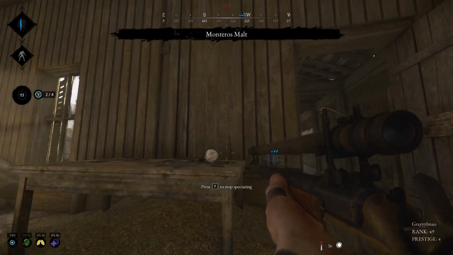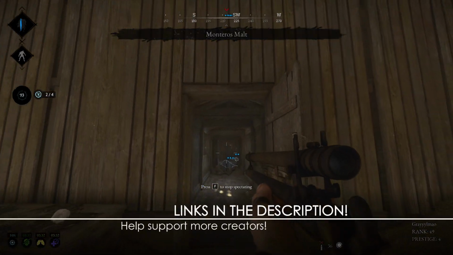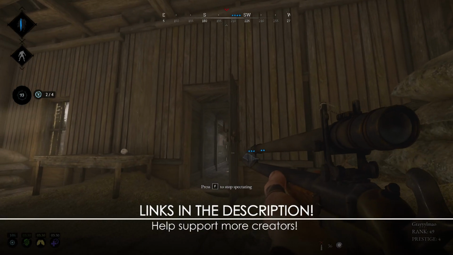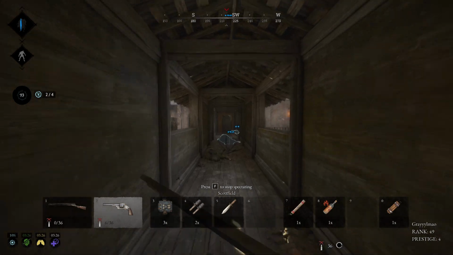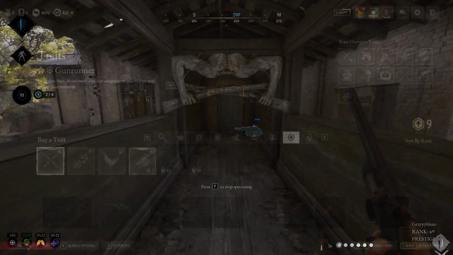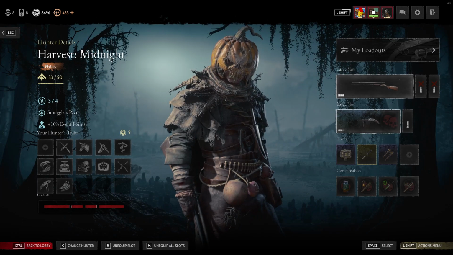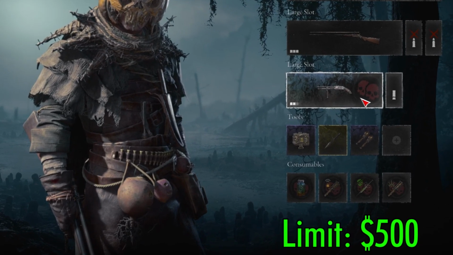I took a page out of a friend's book after I streamed with him in Huntlab. Noaura, link in the description to check out his channel. He had the idea of folks spawning into Bounty Clash with random loadouts from a list of pre-built loadouts. I took that idea and I built upon it. Hear me out. What if we had everybody in the match start with a hunt dollar limit? You could bring whatever combination of weaponry, tools, consumables that you want from your stash, but within that hunt dollar